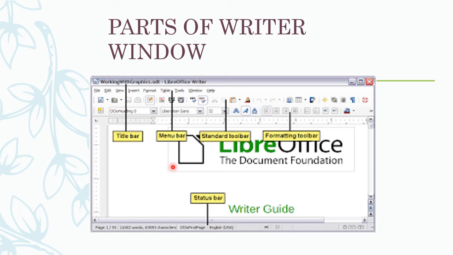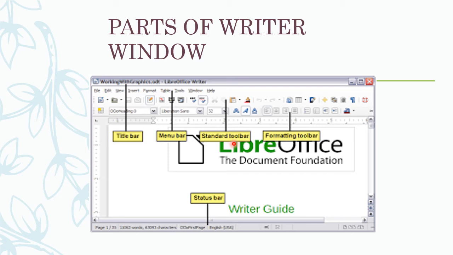The menu bar is nothing but what I have said in the previous slides: file, edit, view, insert, and these kinds of menus are known as the menu bar. These menus are available in the menu bar. And the next one is the standard toolbar.